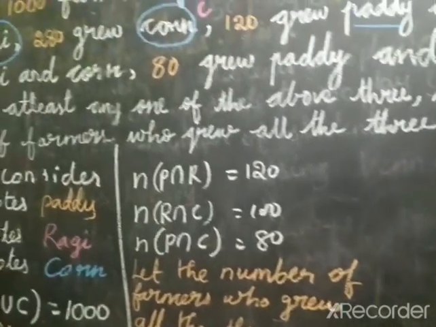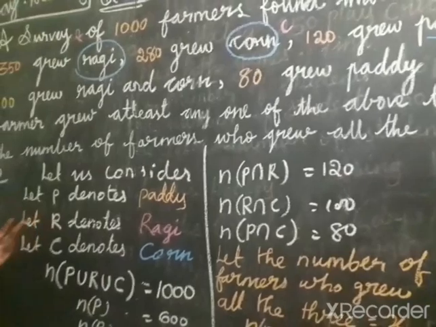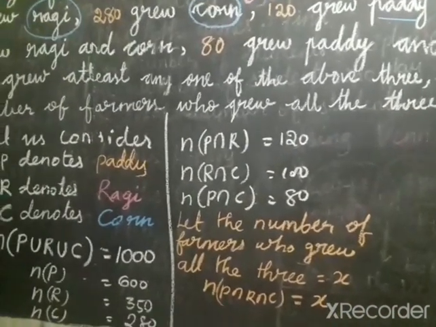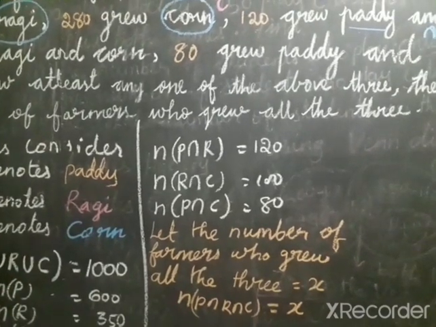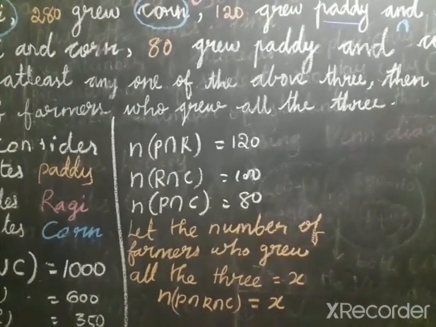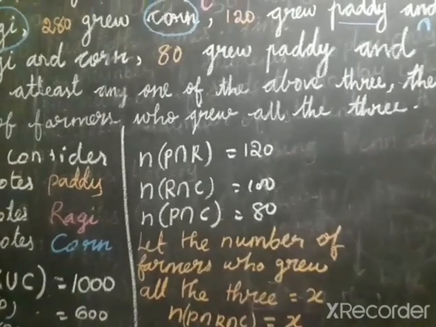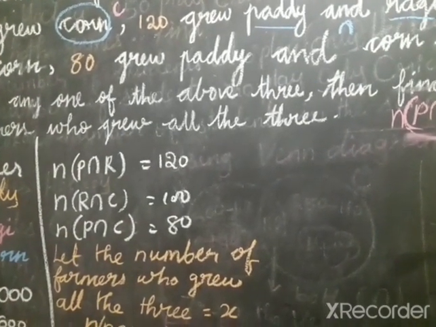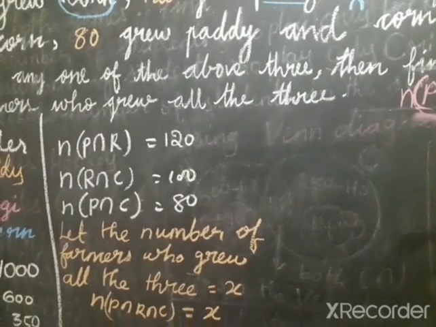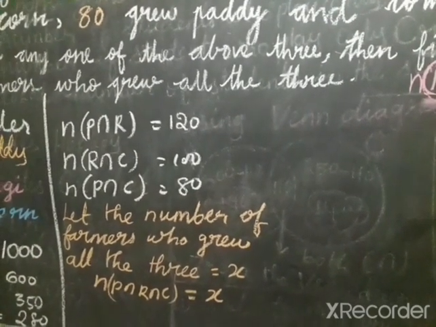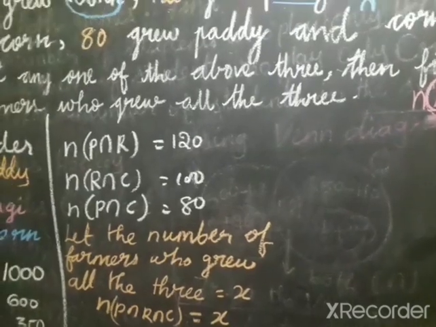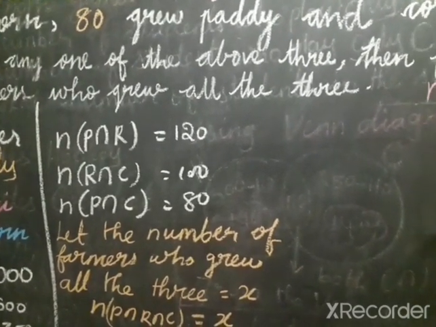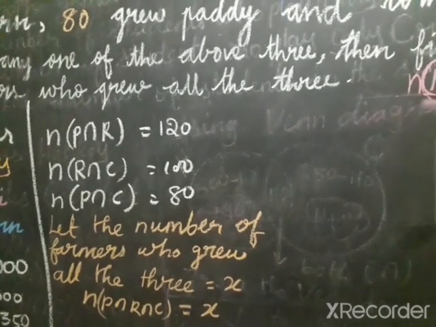In this application of cardinality of sets, we will apply two methods. One is the Venn diagram, another one is the formula method. In that homework also I gave one sum to find N of B. At that time you applied the formula: N of A union B is equal to N of A plus N of B minus N of A intersection B. Remember it, children? I hope you understand that formula. We apply the values and finally find N of B.